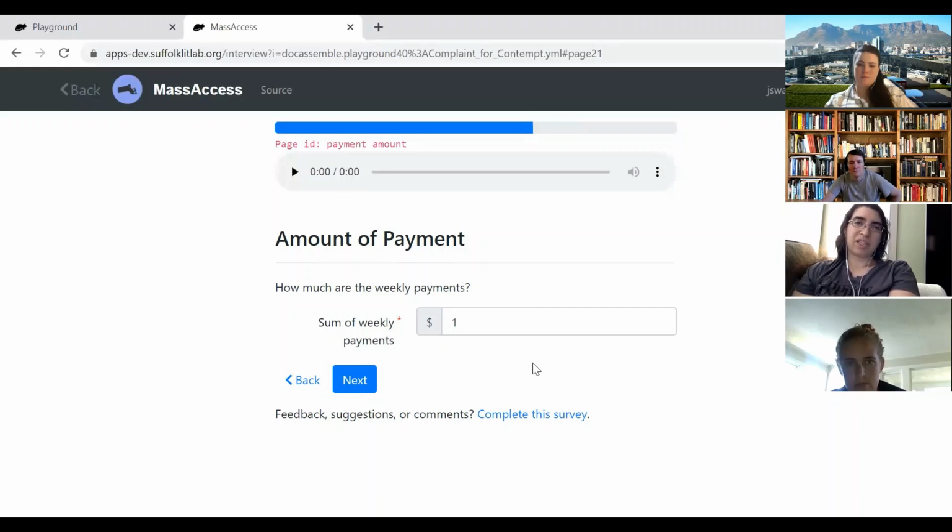You don't have to specify the interval because it will be on the same page. There are not easy ways to change that on a page. No, it makes sense, because you don't think of them as separate. You say, how much is your child support? $80 a week. That's the way you think about it. So I think that makes sense to put on the screen.